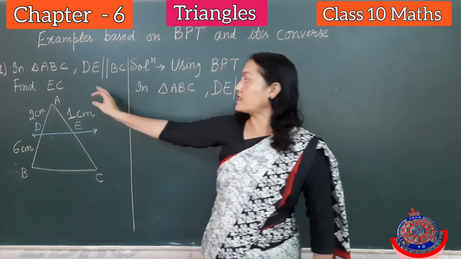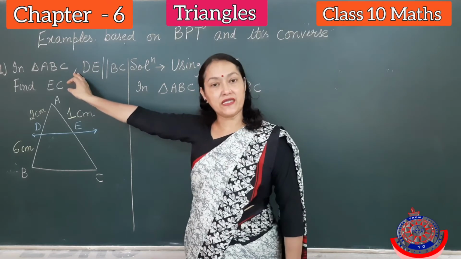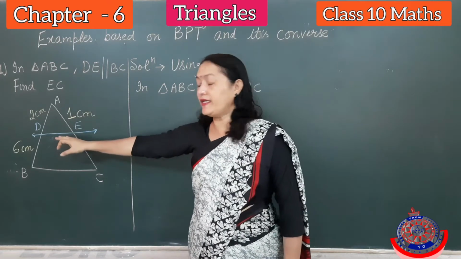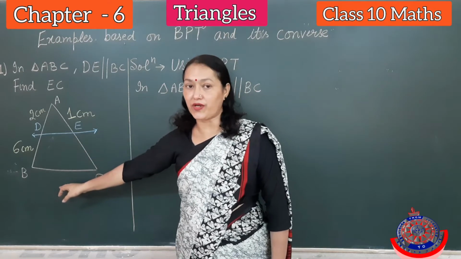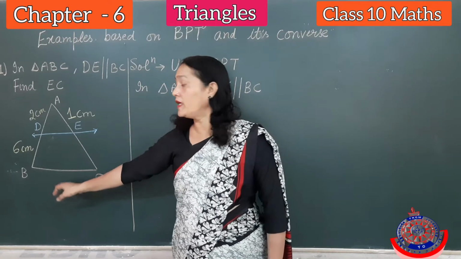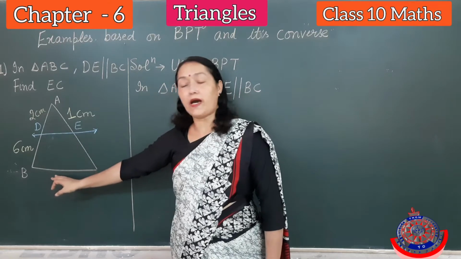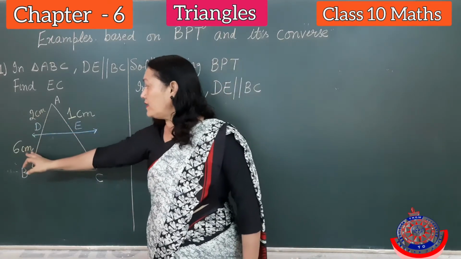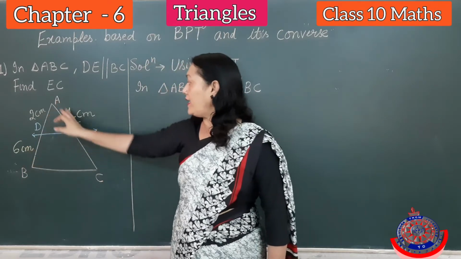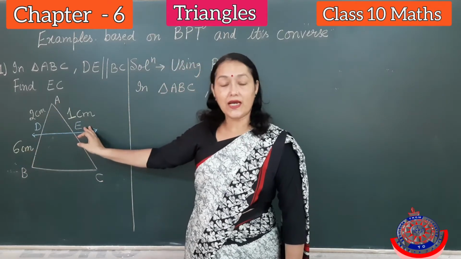Here I have taken an example where triangle ABC is given. One line DE is drawn parallel to one side of the triangle, that is BC. DE is drawn parallel to BC. AD is 2 cm, DB is 6 cm, AE is 1 cm is given to us, and we have to find